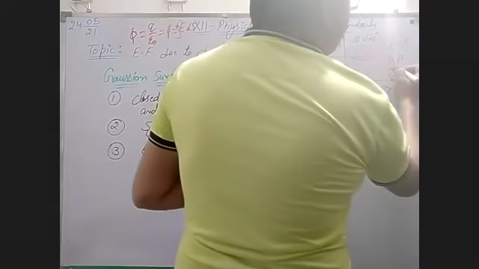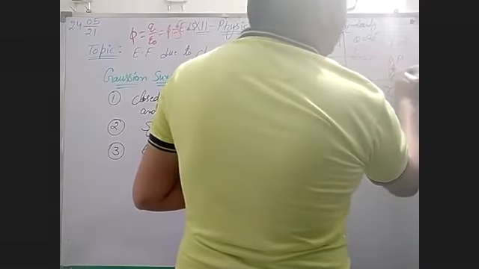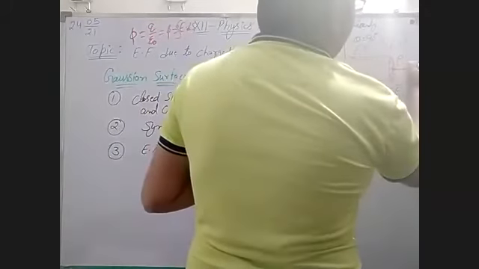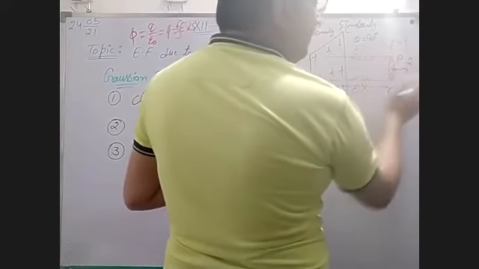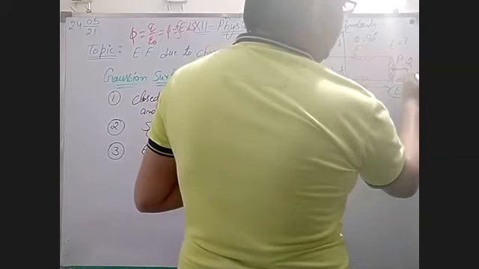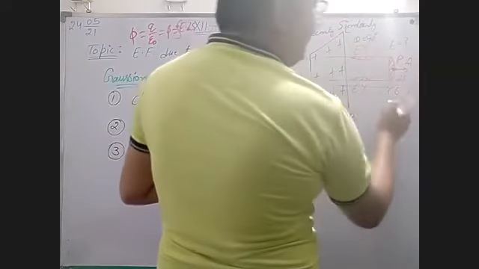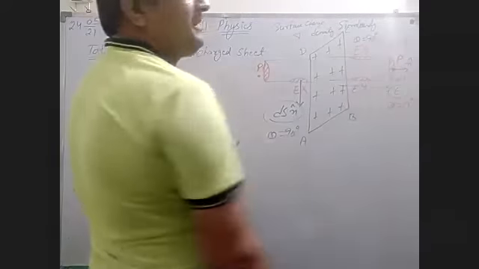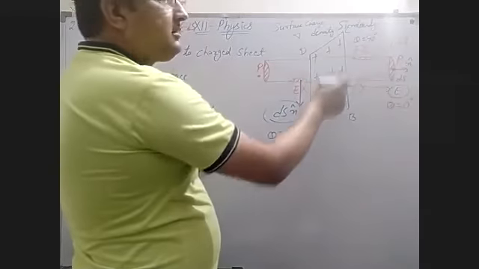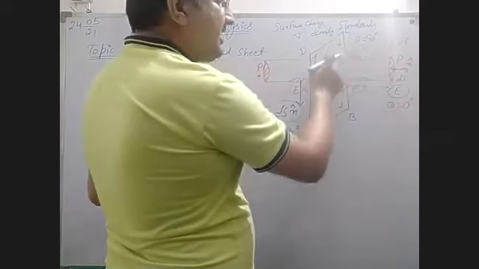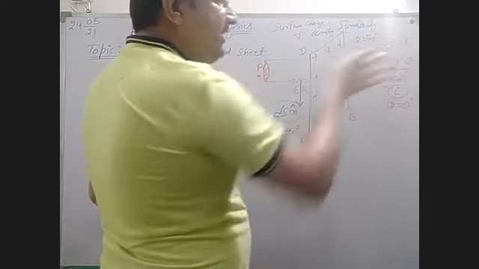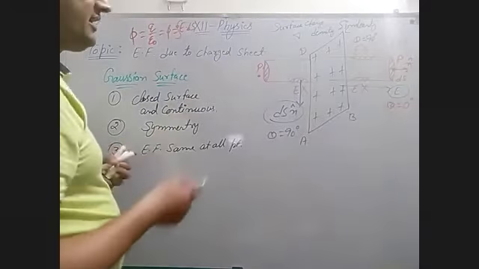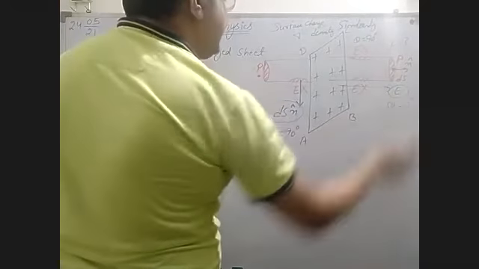But in this portion, the surface normal is in the forward direction, the same as the electric field. And the value of theta here is 0 degrees because both are in the same direction. You know, for a positively charged sheet, electric field lines come from the surface normally. That's why in this case you can take theta as 0.